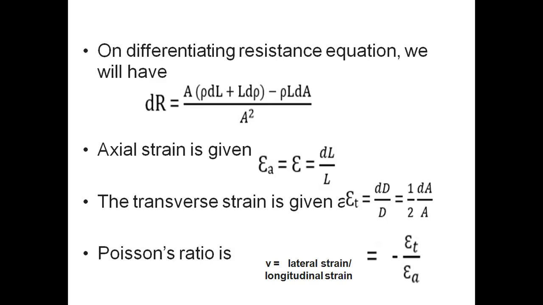Apart from that, we need to find the components, starting with the axial strain. The axial strain, epsilon a, is equal to dL by L. Similarly, the transverse strain, epsilon t, is equal to dD by D, which is equivalent to 1 by 2 of dA by A. Whereas when we are defining the Poisson's ratio, it is